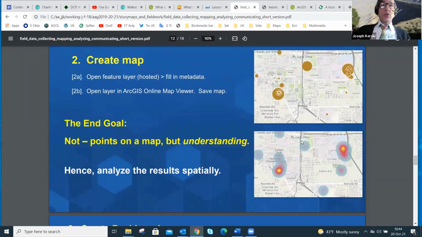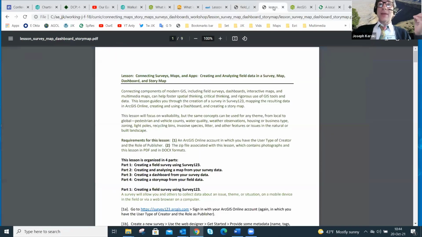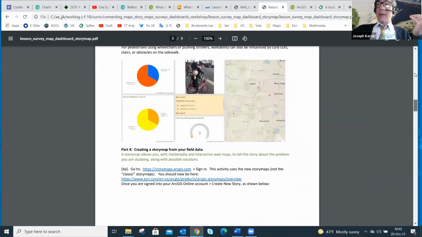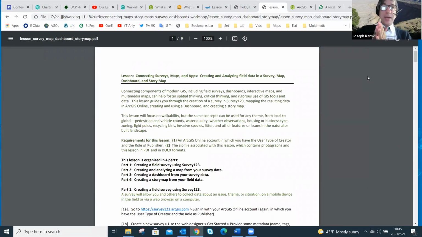Then it's into the create map phase. So we'll talk about that in a bit. The lesson, again, in the time that we have available in our workshop, I'm going to hit the highlights, but I actually do have a lesson that is nine pages long. We're not going to go through all nine pages, but I think the way that these tools are structured, you're going to be immersed in just a little bit of each of the four components, and then you're going to get to about a third of the way through, and you're going to say, Joseph, I understand that. I totally get that, and I'm confident that I can move forward.